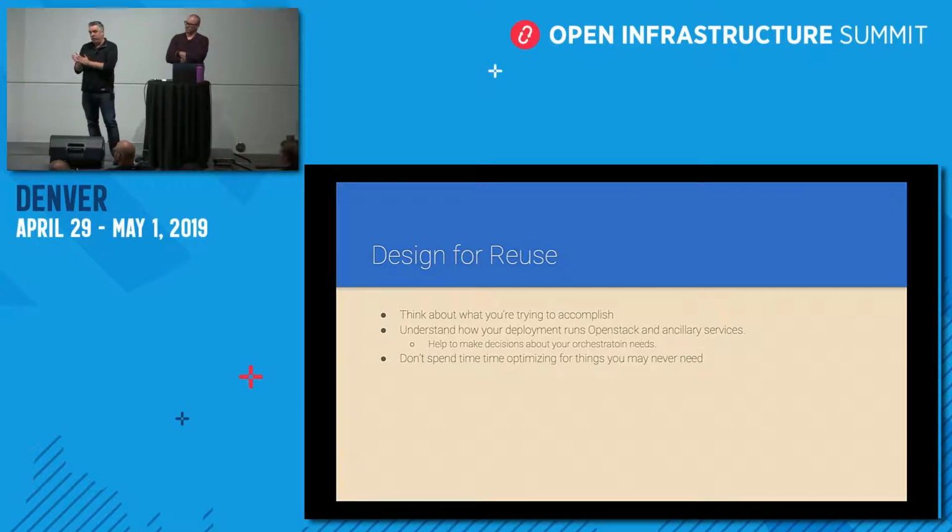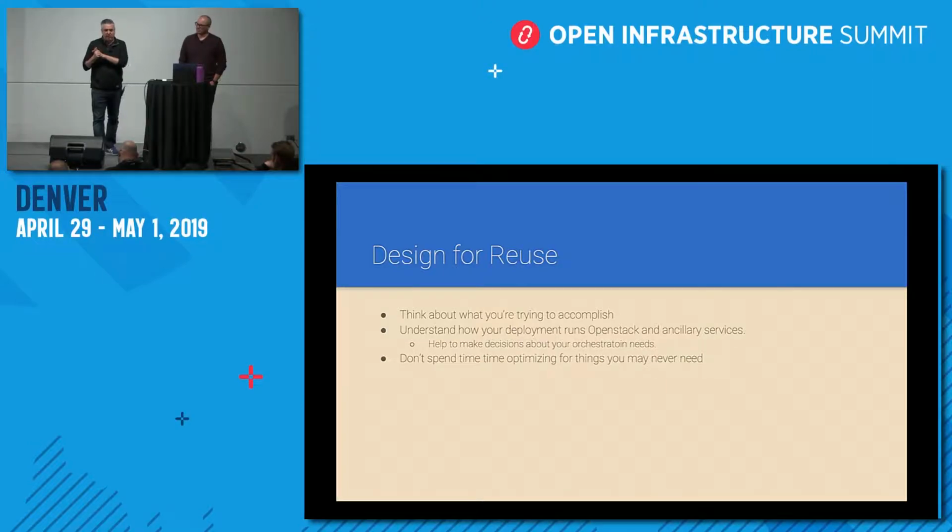If you've written your own automation, then you have an understanding of what is involved. If you haven't written your automation or are using some other service or some other deployment, then you're going to need to understand, they may have solved this for you, but if they haven't, you're going to need to understand how it's deployed so you know what you need to do. OpenStack Ansible is container-based, so what they do may be entirely different than what I'm speaking to here, but really the same rules apply. You need to know what to do and how to orchestrate it before you can apply those changes.